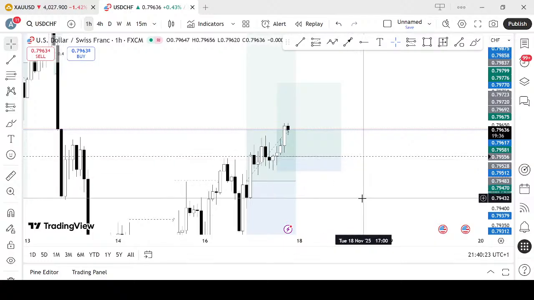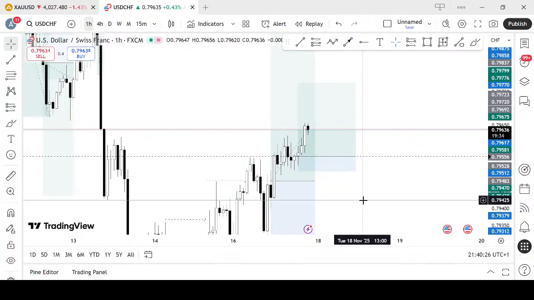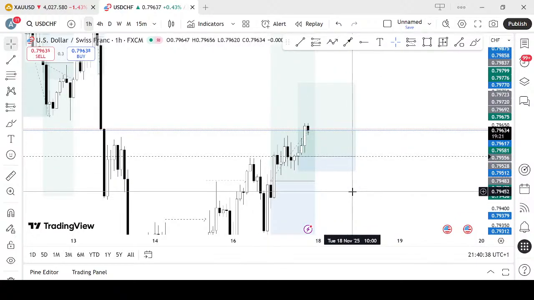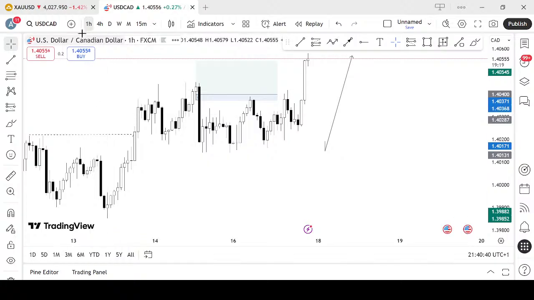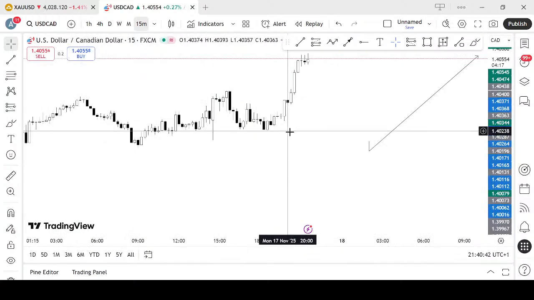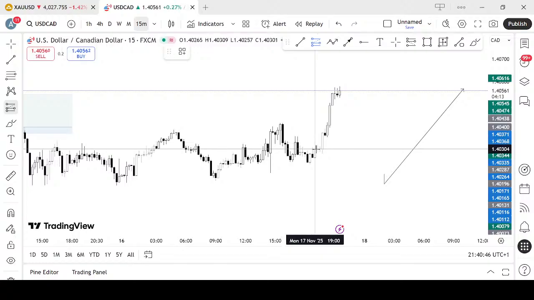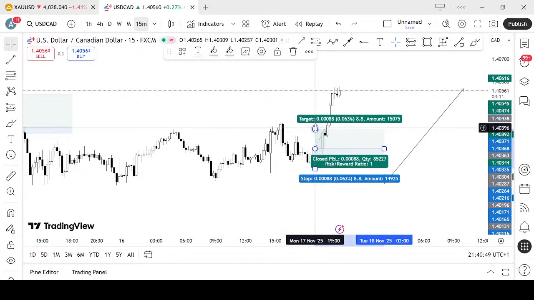So that's my recap for the day. There are a couple of entries, some good ones and bad ones, but in general, today seems to be a profitable one, though it's still running aside from the trade on Euro USD. And the USD CAD, I'm marveled by the entry I just saw now. It's a very perfect entry, very good one from this point here.